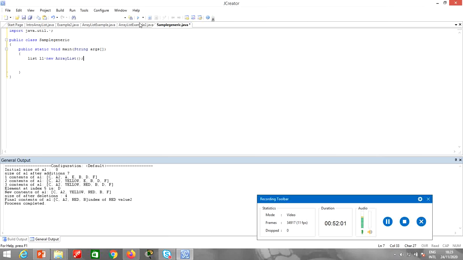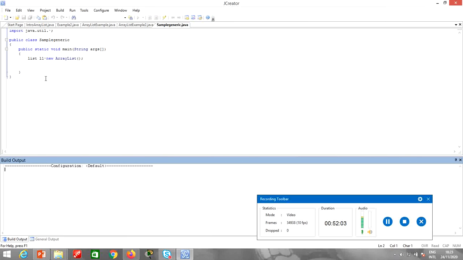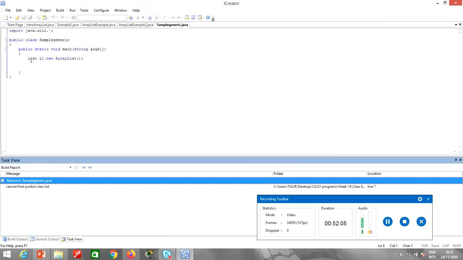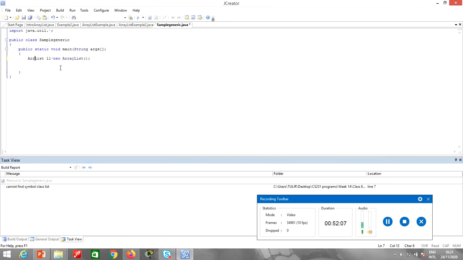Alright, so here I have not defined any type. Now here I have not defined any type, so I can add something like list.add 10, and I can add list.add 10. Now if I compile it,